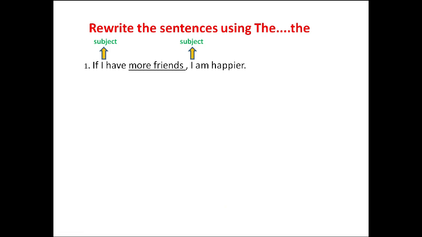We have taught you before that to identify the subject in a sentence, you will ask yourself who is the speaker of the sentence. So who has more friends here? I. So I is my subject. Where is my verb? Yes, have and am both are helping verbs. So these are my verbs. What are my adjectives? More friends and happier. More is a form of comparative degree of adjective. So more is my comparative degree of adjective here. Along with this, I will add friends, because more is describing friends here.